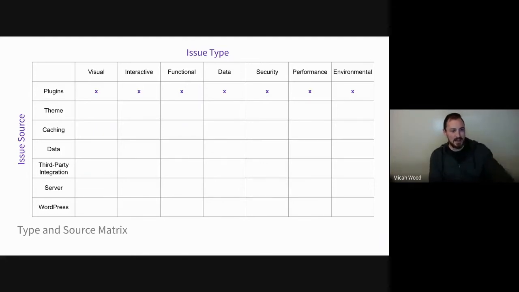So in this case, we're saying, okay, we've ruled out the possibility of this being a plugin problem, right? So we can X all those things out. Then we look at the types of issues and we say, oh, this isn't a security issue at all, so we can rule all that stuff out. And then maybe at that point we have enough to figure out the problem. Maybe we have to eliminate other things first, but the idea is that by process of elimination and a little mental help of these buckets, you can get down to what's going on for sure.